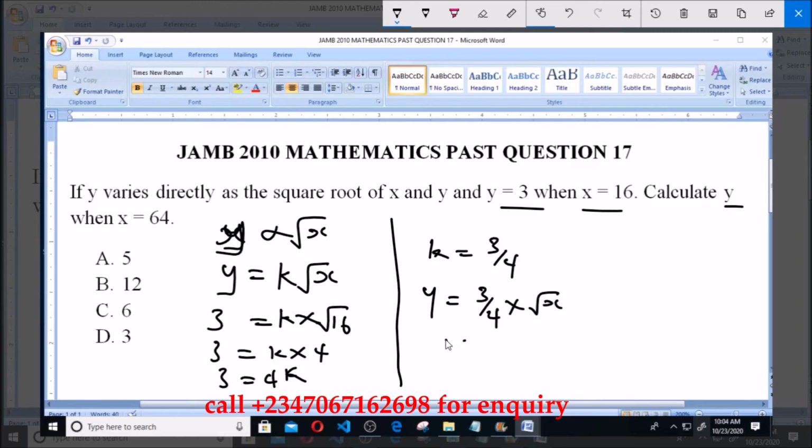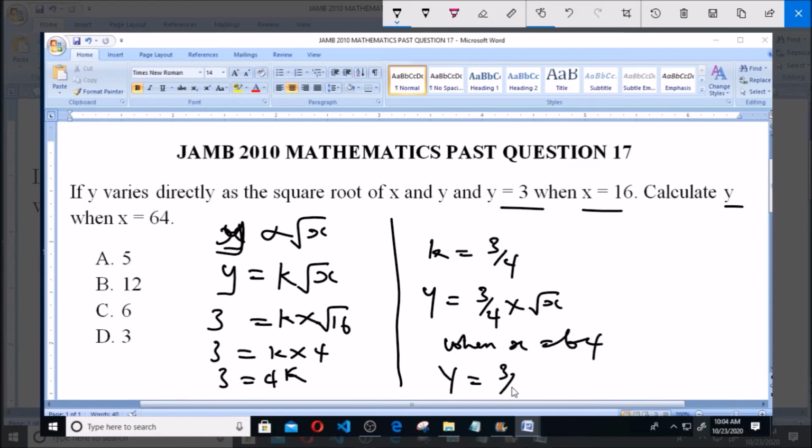So when x is equal to 64, y will be equal to 3 over 4 multiplied by the square root of 64, which is equal to 3 over 4 multiplied by 8. Now 4 into 8 is 2. 3 times 2 will be equal to 6, meaning that when x is equal to 64, y is equal to 6, and that is